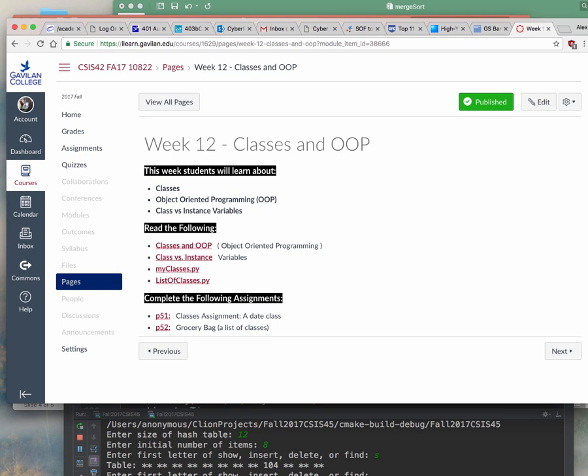Week 12 is a very important new concept that I'm going to teach you, and that is the concept of object-oriented programming. So, all the programs that you have had to work with so far are basically what we know as procedural programming, where you have a bunch of procedures or functions, and they're all just out there by themselves, and then maybe you have some variables, and you could put a bunch of variables inside of a function, and that's a way to group some of your code.